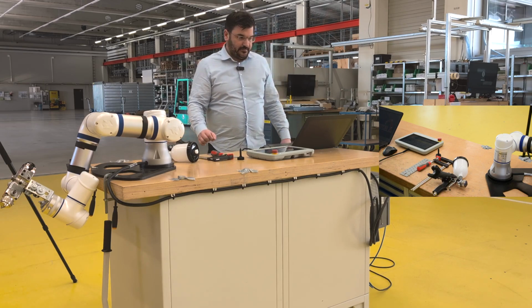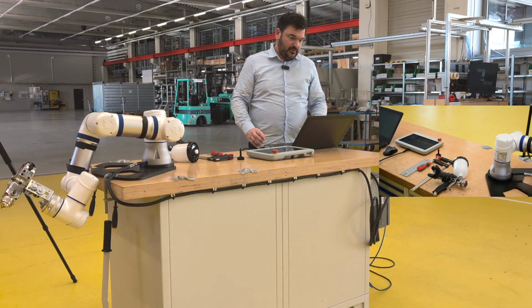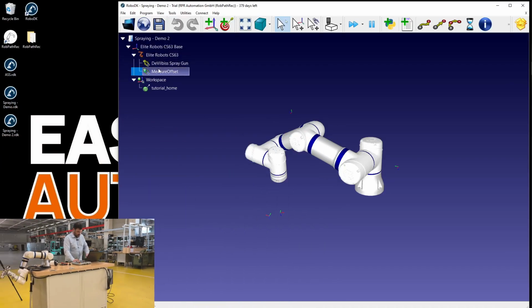What we always need, as a very first step, is a valid RoboDK file, as we will have to start the RoboPathRack app. A valid RoboDK file means that you have at least one robot, one valid tool, and one valid frame in this file.